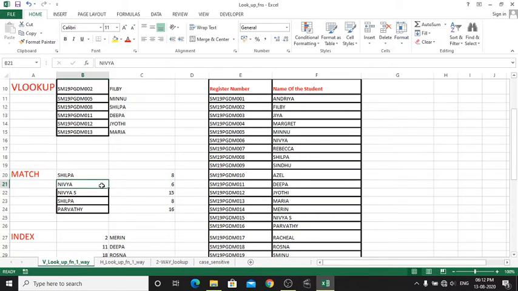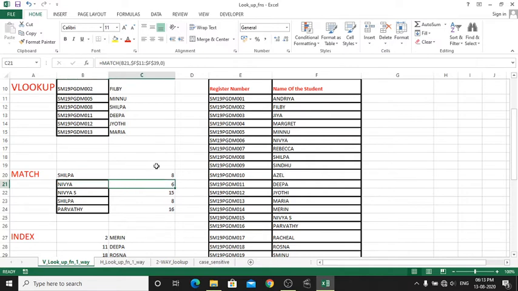Look at Nivya. Here we have Nivya and Nivya S. So it will check for the exact match with the passing text. See the location, it's different, right? So Excel will find out the exact match location of Nivya and also Nivya S. Simply Nivya is in the 6th position and Nivya S is in the 15th position. So the Excel will find out the exact match location of the lookup value that we are passing in the function.